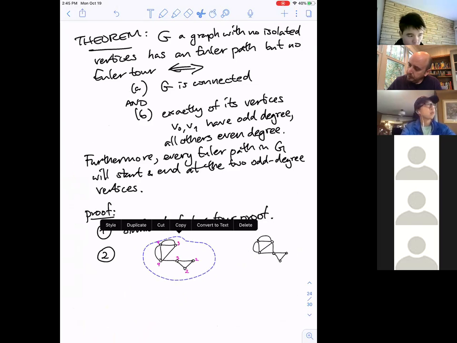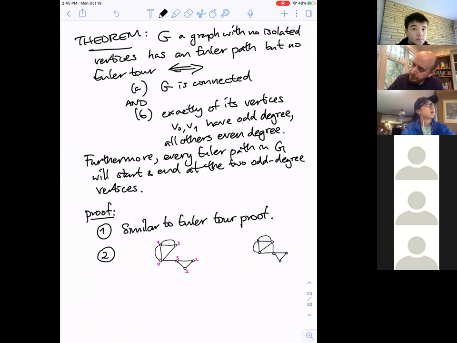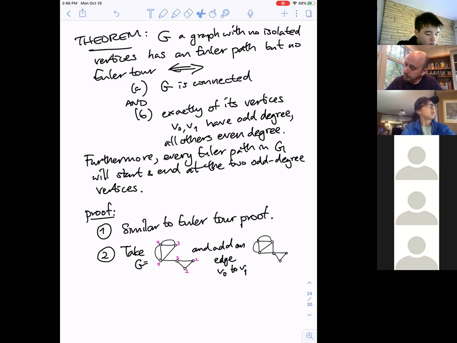So proof 2, take this guy, G, and add an edge from V0 to V1, like we have over here. So here was our V0, say. Here was our V1, and it doesn't matter which one I call V0 or V1, just arbitrarily number them like that. If we add in an extra edge,